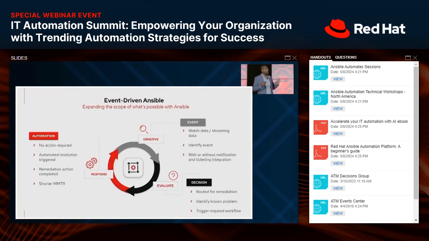So just think of it from the standpoint of a demo I did many years ago on OpenStack, where I had Nagios monitoring a resource. And when that resource went offline, I was able to trigger a job template to execute, resolve, and bring that resource back online, right? So think of it from that standpoint of being able to close the loop of that workflow.